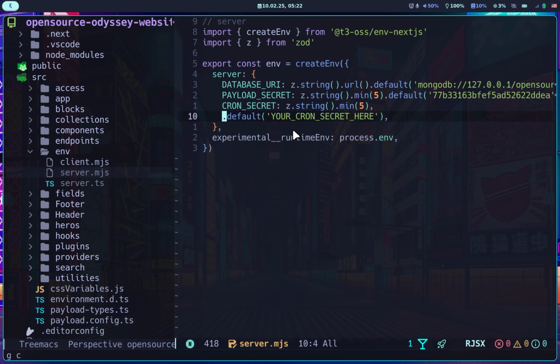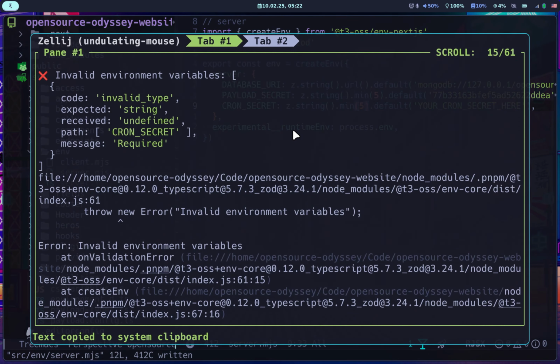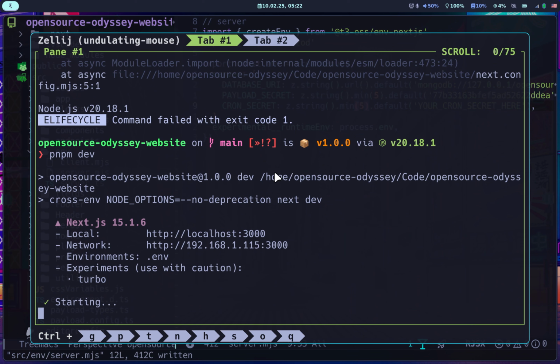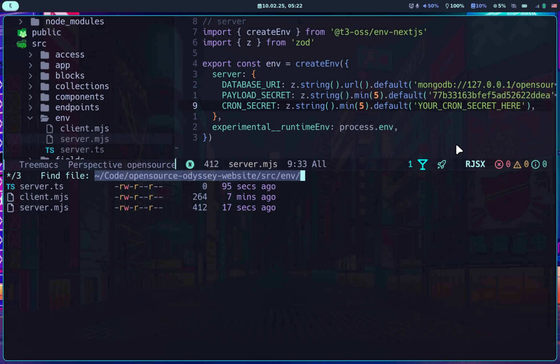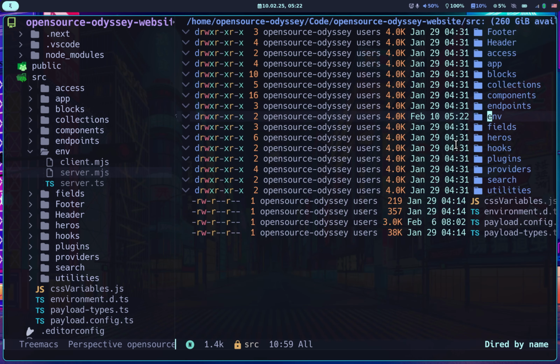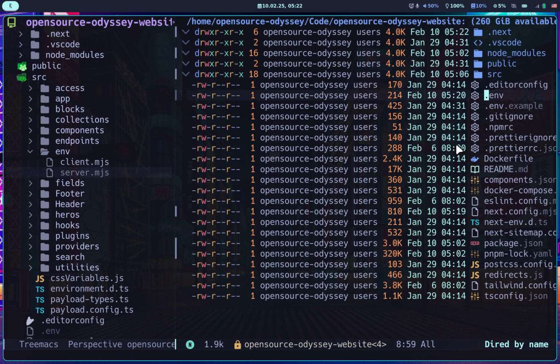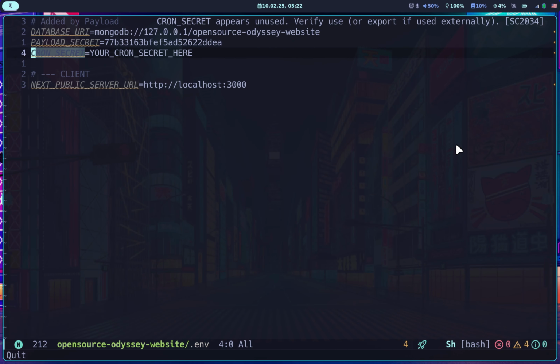So let's go back, comment this back in. Let's see if this works. If I just leave in the default, does it work now? Yeah, so now it works again. You can see the default is kind of overriding this required thing. So maybe if you are taking it to production, it's not so nice to have these defaults. For my purposes now, it's okay. I also need to remove this right here. All right, so let's come back in here and comment this in. Great. So this is the configuration and setup of